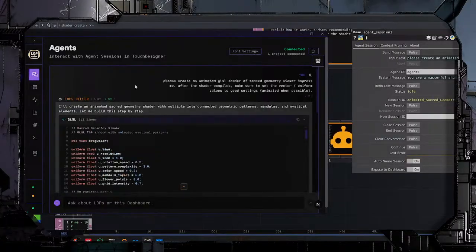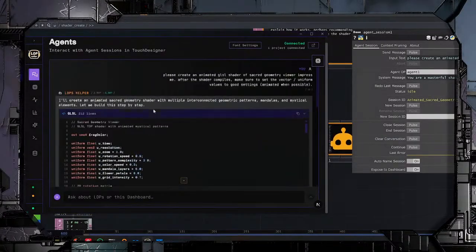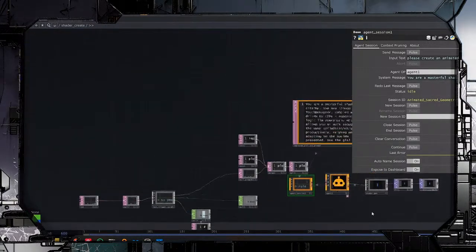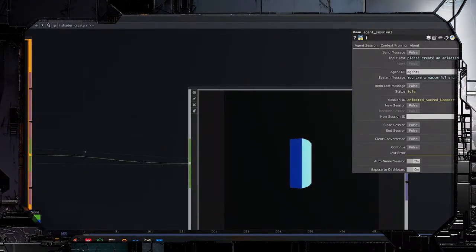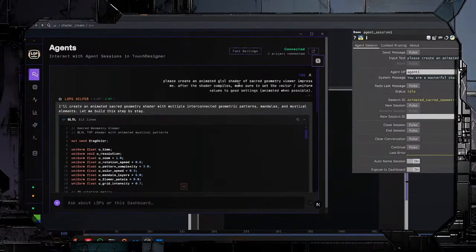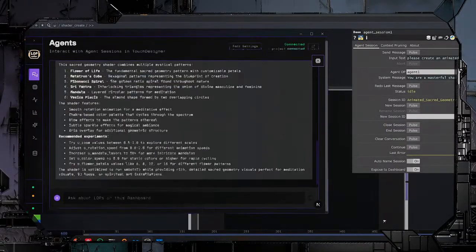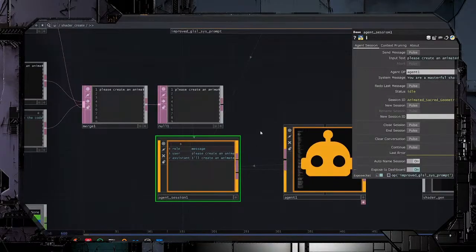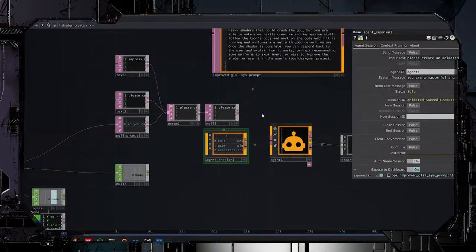Yeah, sick. So now I can see the current agent stuff, and it is on this terrible sacred geometry. But did it actually update it? No, it didn't update it, right? If someone sent shader code, it should have worked.